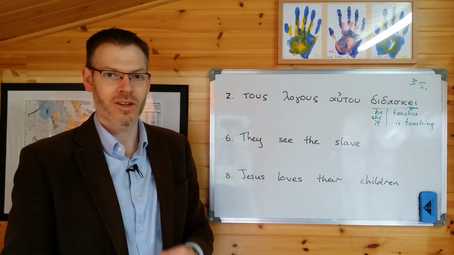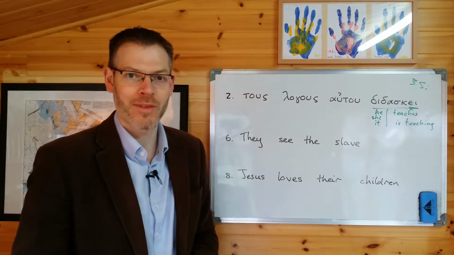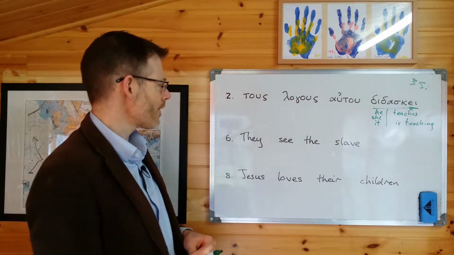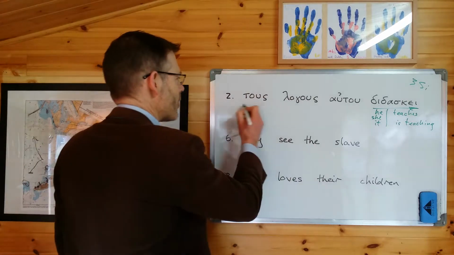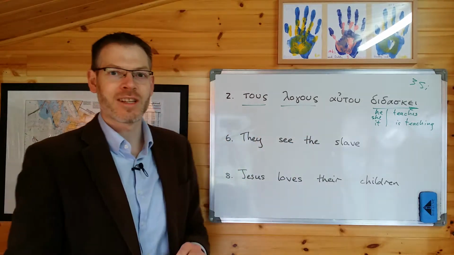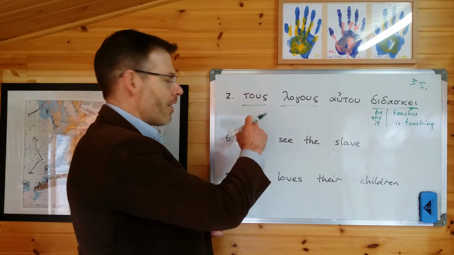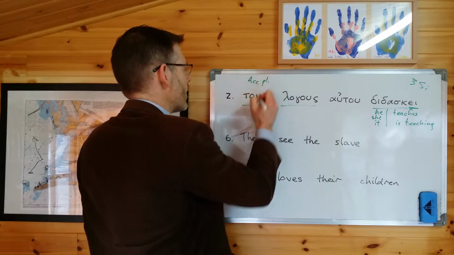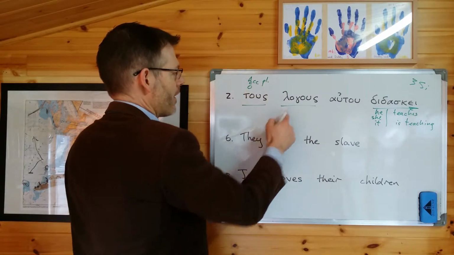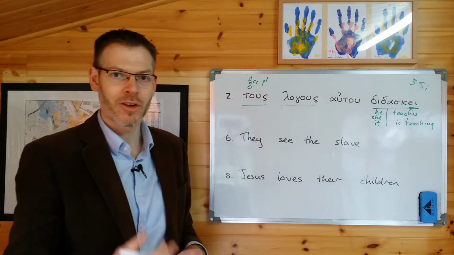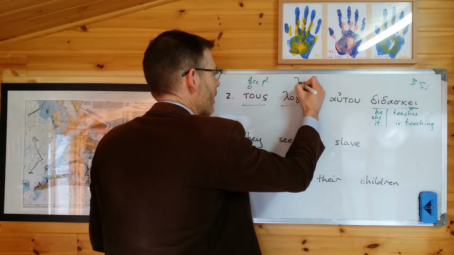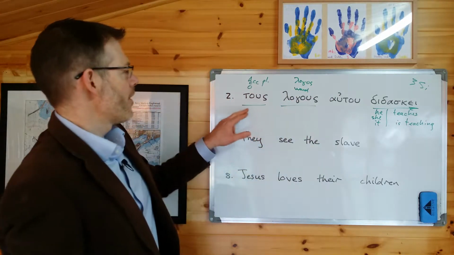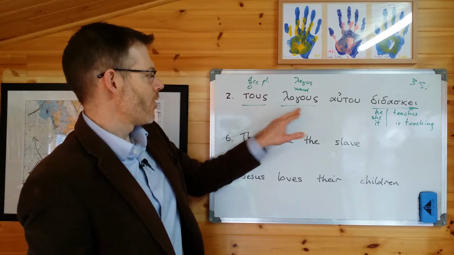Verb, subject, what do you look for next? You look for the object, so you're looking for something in the accusative case. Can you find anything in the accusative case? Pause, take a look, and you can see, of course, that there are 2 words in the accusative case. These are both in the accusative plural. This is the article, ho ton tu to hoi tous, accusative plural of the article ho, meaning the. Logus, logos, logon, logu, logo, logoi, logus. That's from logos, meaning a word. And therefore, this is plural, so it's the words.